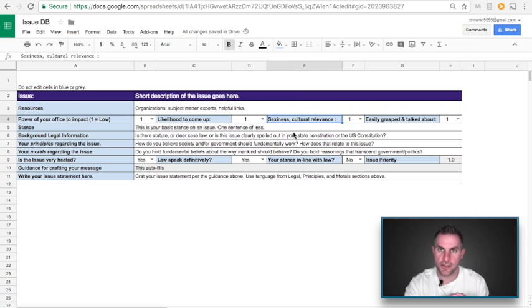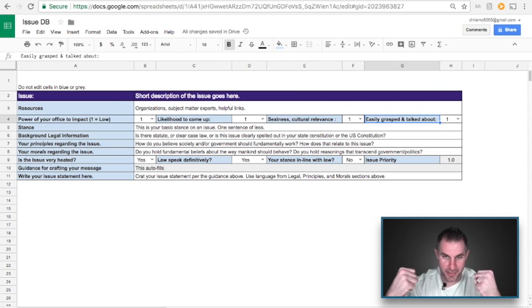And then the fourth piece here is how easily grasped and talked about is the issue. Something like Federal Reserve monetary policy has such a huge impact in people's lives, and so it's a super important issue. But in terms of campaigning and talking about it, it's not very easy to grasp and understand at all. I have a master's in international financial and economic policy, and I still have a hard time grasping it and talking about that stuff, and don't have that in-depth of understanding. So that would be a 1 here as well.